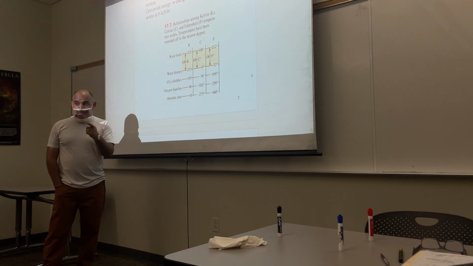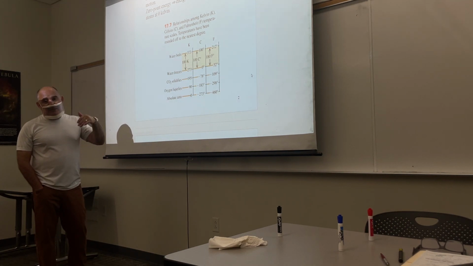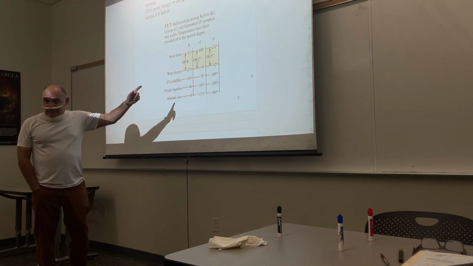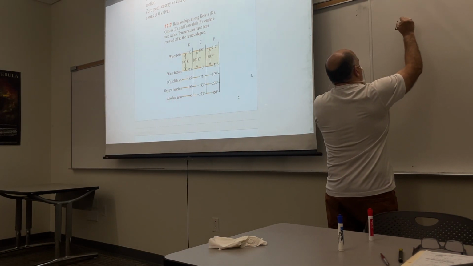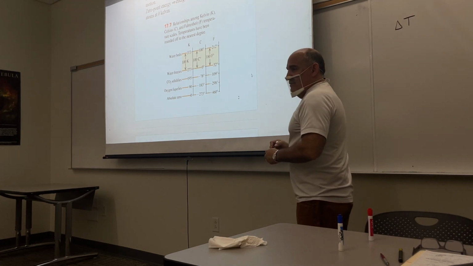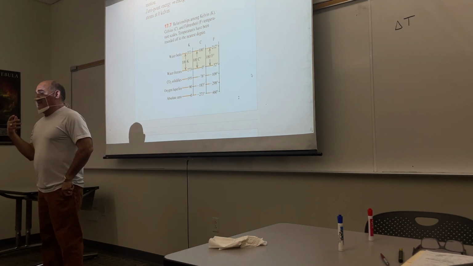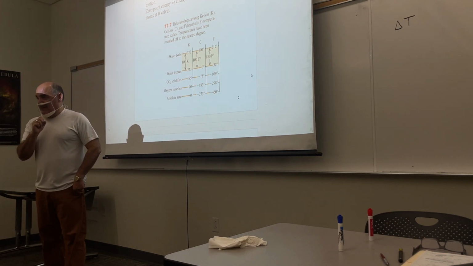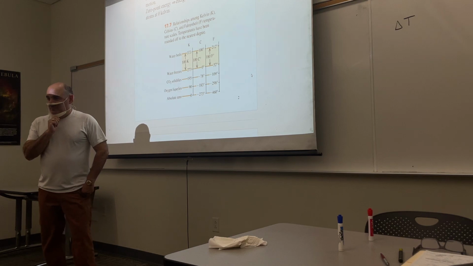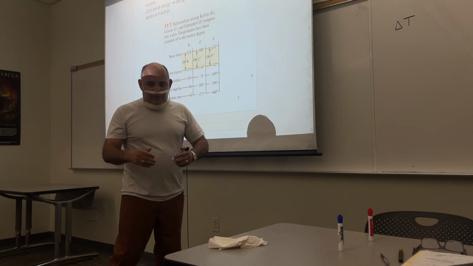But that's not the case in the Fahrenheit scale. How many degrees are there between water freezing and water boiling in the Fahrenheit scale? 180. So the message is the following: a change in temperature in the Kelvin scale is the same as a change in temperature in the Celsius scale, but not the same in the Fahrenheit scale. And I say this because, going back to that comment, in many problems you should use the temperature in